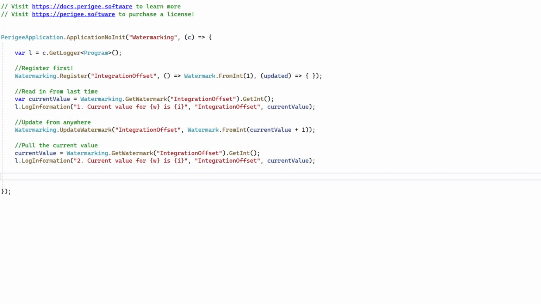Let's take a look at watermarking within Perigee. We can do this with a few lines of code. First, we're going to register the watermark called integration offset. Our two callbacks are pretty easy. The first is to initialize if no value was previously given, and the second is an updated callback anytime the